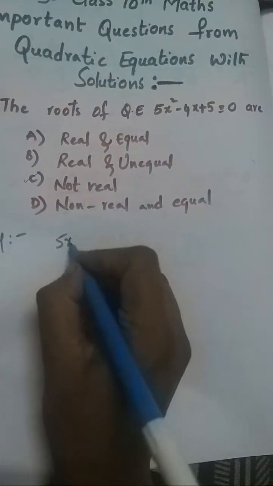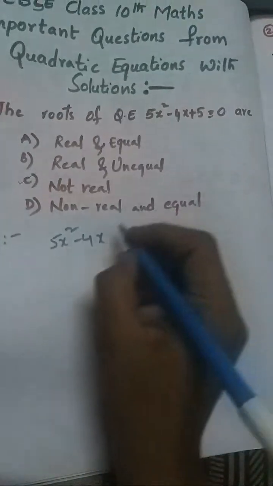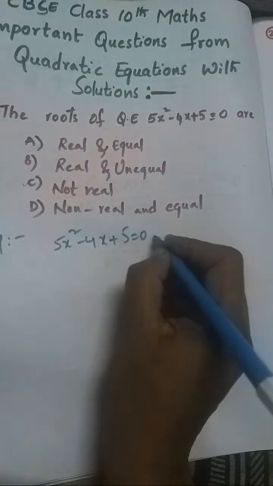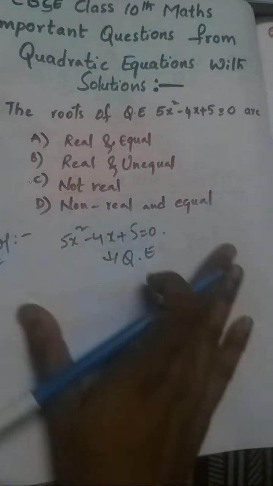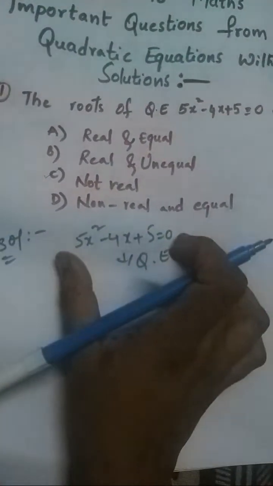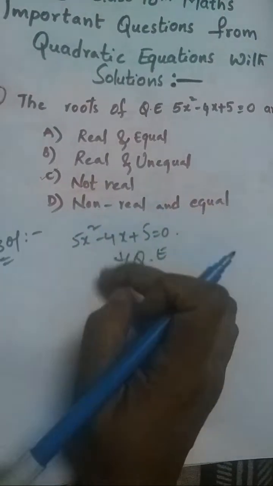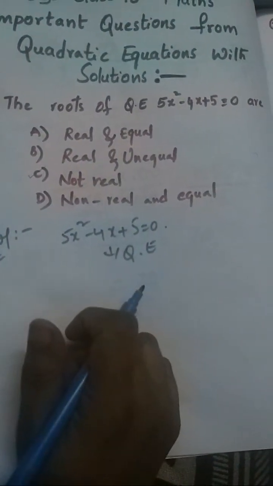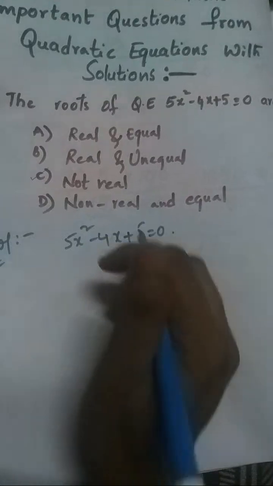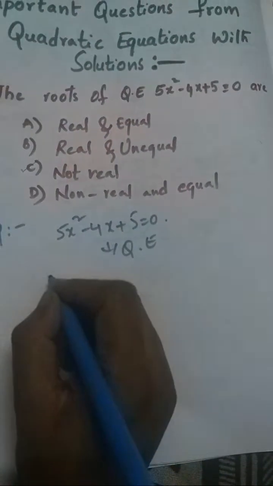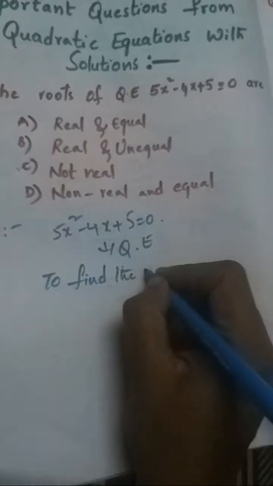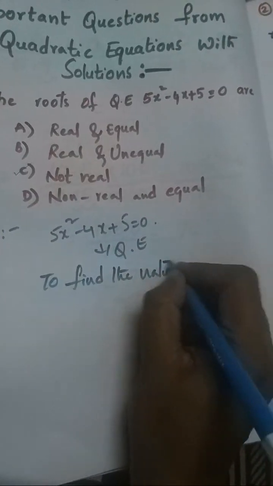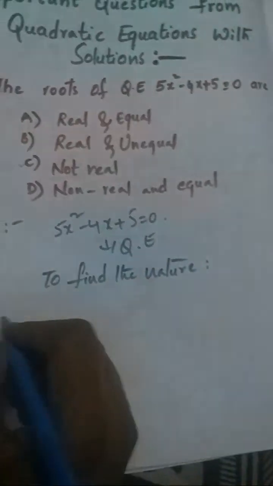The given equation is 5x square minus 4x plus 5 equal to 0. This is a quadratic equation. First we have to take it as a quadratic equation. If it is not given as one, we have to convert the equation into a quadratic equation. Okay, to find the nature, what do we have to calculate, children? To find the nature of the roots, let us calculate